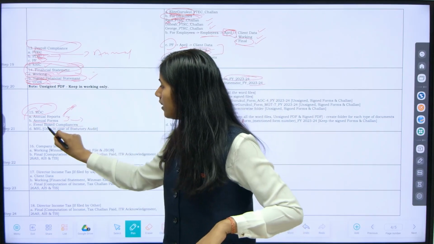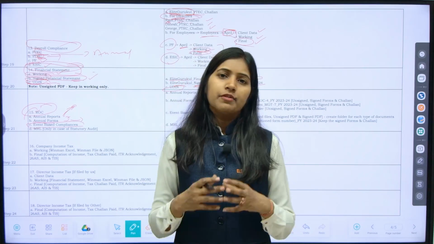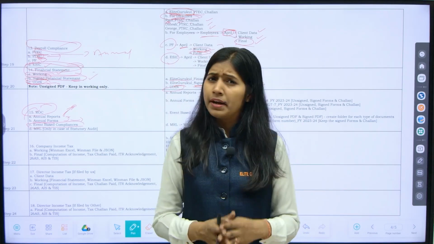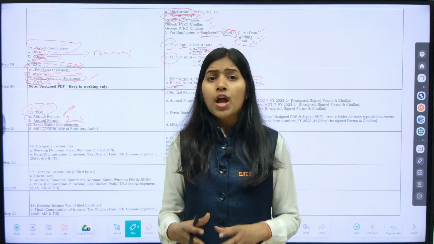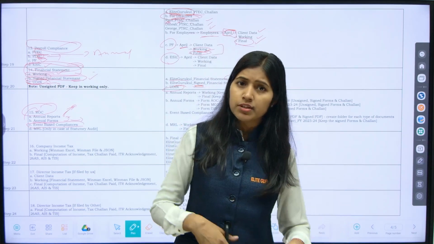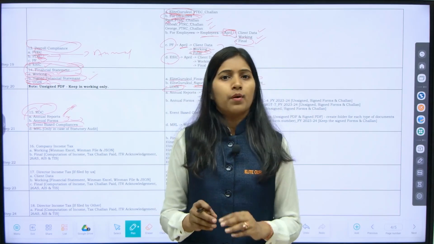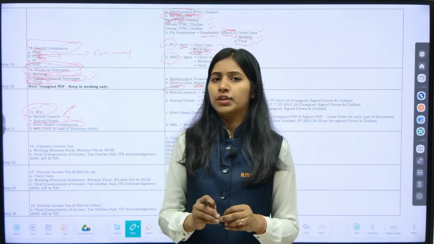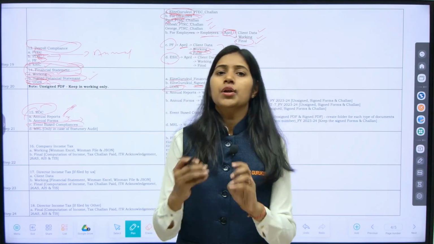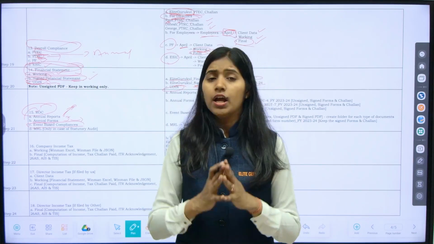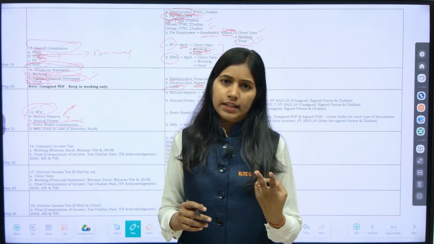And now comes the event-based compliance. As you are aware, filing of form MSME 1 is mandatory for all the companies dealing with MSME dealers. Whether you have paid within 45 days or not, whether we have no liability, still we have to file, because you have done certain transactions. Liability to pay is not there, but you have done the transaction with the MSME dealer, so you are supposed to file the return. MSME filing happens twice in a year.